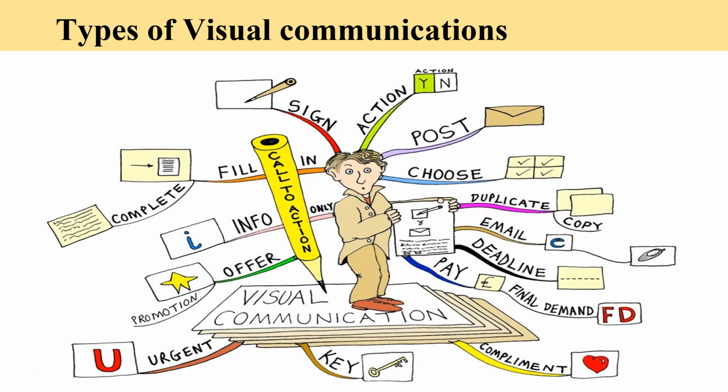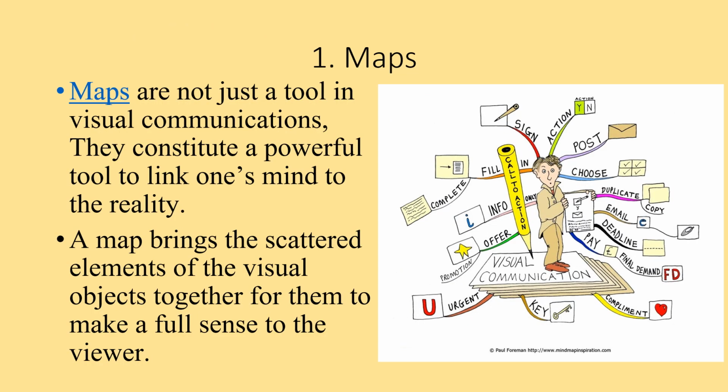Types of visual communications. 1. Maps. Maps are one of the visual communication techniques. Maps are not just a tool in visual communications, they constitute a powerful tool to link one's mind